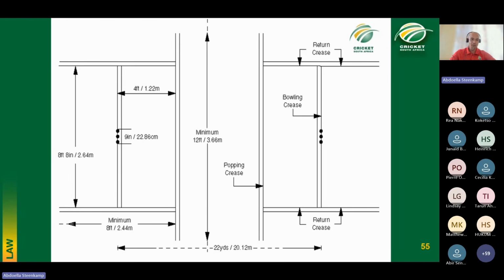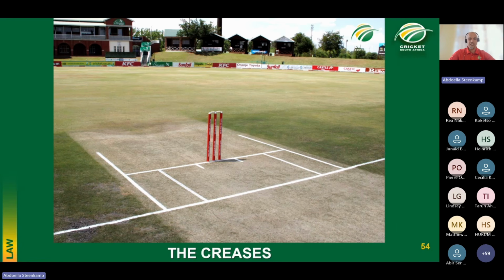So this is a pic. Let me just go back to our first pic. So this is how it actually looks. To start with this front line, what is the name of the front line? Yes, correct. It's called the popping crease. And what is the minimum length of the popping crease? Correct. 3.66 meters. Technically, if you want to, you can draw this popping crease right up until the boundary. They don't make it that long, but you can if you want to. But the laws tell us the minimum length of this popping crease